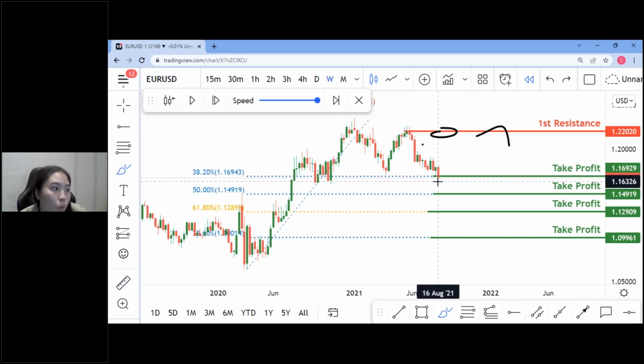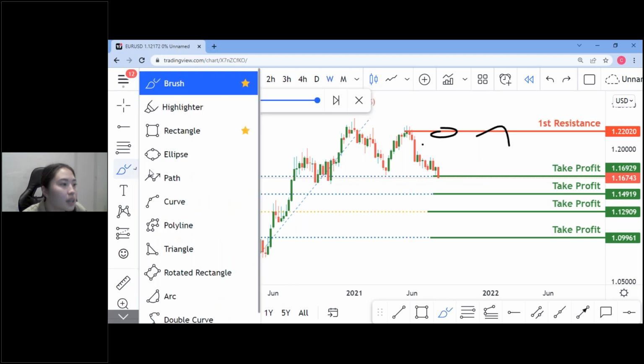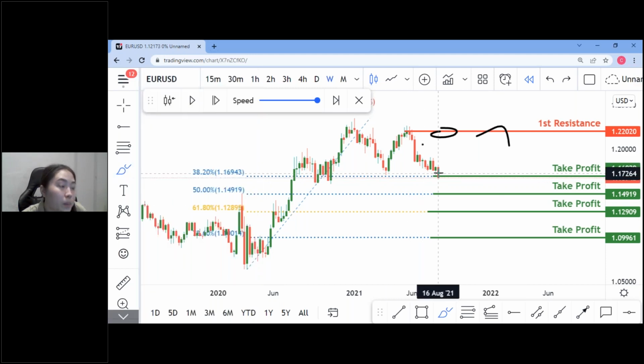You see how that red candle actually crosses and breaks the 38.2. So are you still going to enter for a buy now that you see this super strong bearish candle breaking the 38.2? Are you still going to enter for a buy? Okay, thank you, Glenn. Thank you, Joash. Thank you, Jessica. Thank you, Rich. You're not going to enter for a buy because clearly price is not going to reverse from here, right?